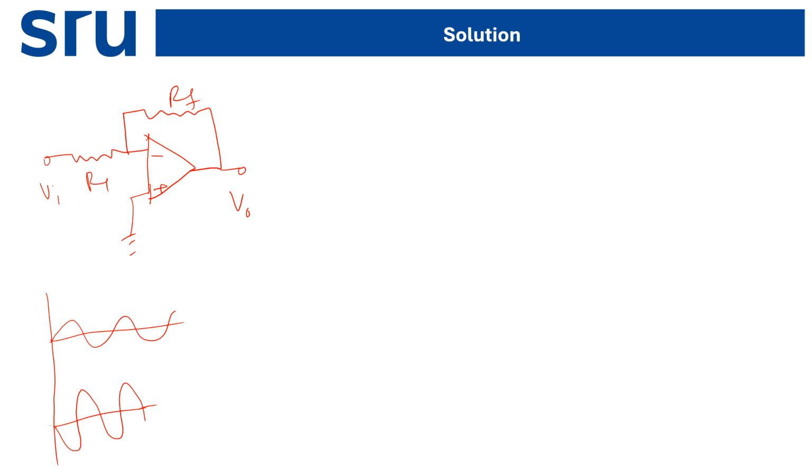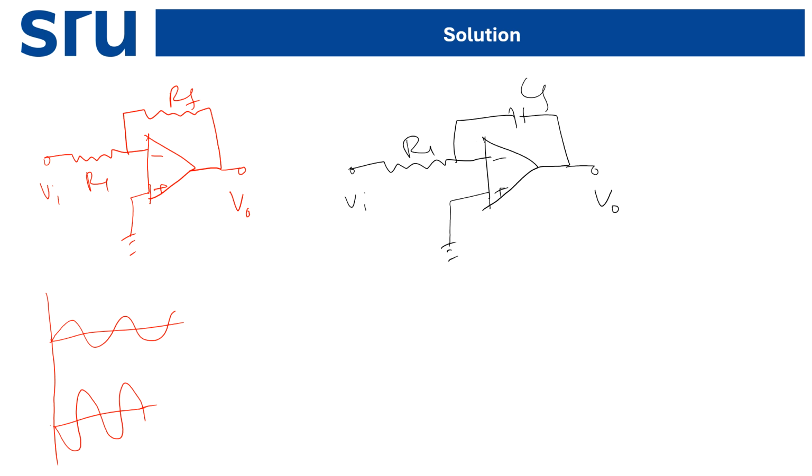That circuit would be similar, if you just replace the resistor with a capacitor: this Vo, this Vi, this is R1 and this is CF. If they made this mistake, and in place of this RF they put this capacitor CF, then obviously